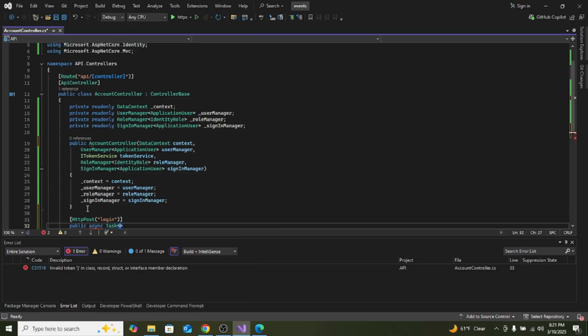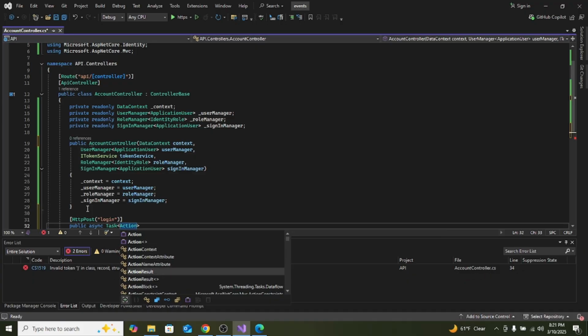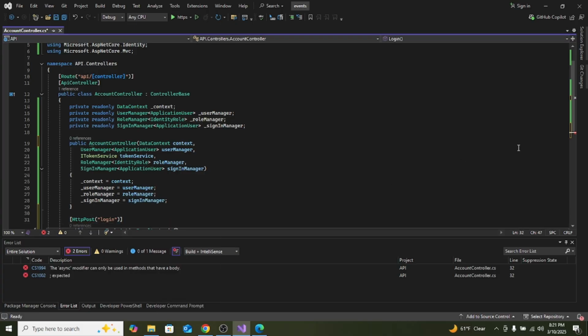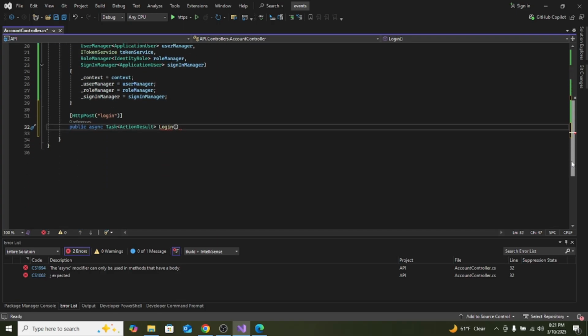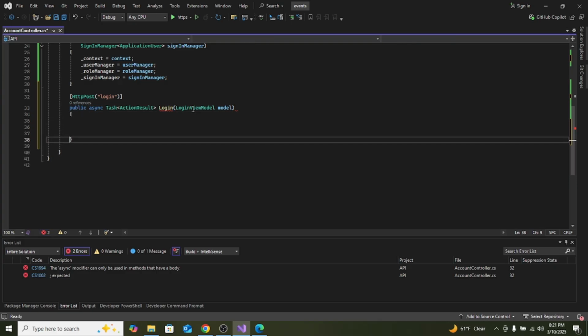So here we're going to implement the HTTP, and because it's a login, we're going to use HTTP post, and this is the login, and we're going to make it asynchronous. So we're going to use a task, and we're going to use action result, and this one is for the login. Because I'm using view models, I'm going to pass the login view model, and I'm going to use the model to bind the